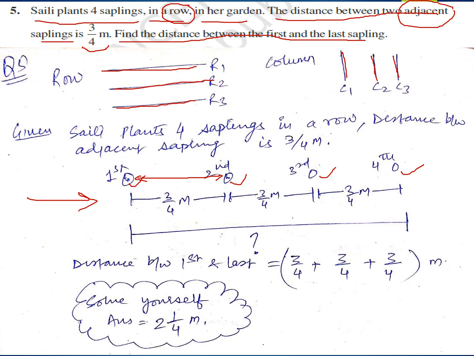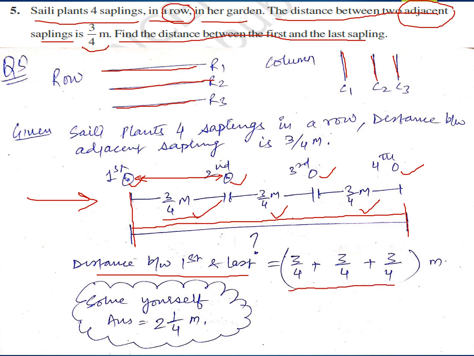3 upon 4 meter. So, distance between first and second is 3 by 4 meter, second and third is 3 by 4 meter, and third and fourth is again 3 by 4 meter. The question is asking, find the distance between first and the last sapling. Very easy. You start from this point and move with the inch tape till the end point. You have to measure this complete length, so you add these 3 portions: 3 by 4, 3 by 4 and 3 by 4. So the distance between first and the last sapling is 3 by 4 plus 3 by 4 plus 3 by 4